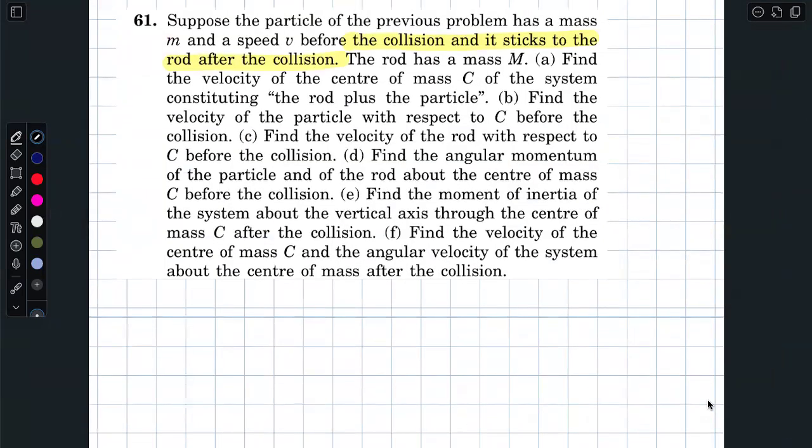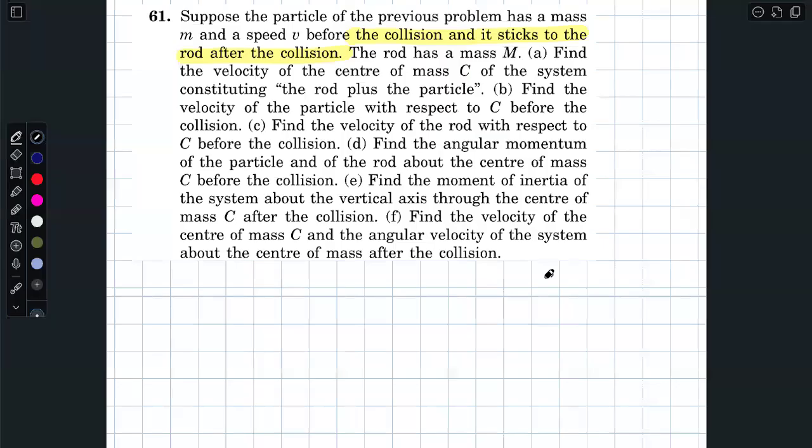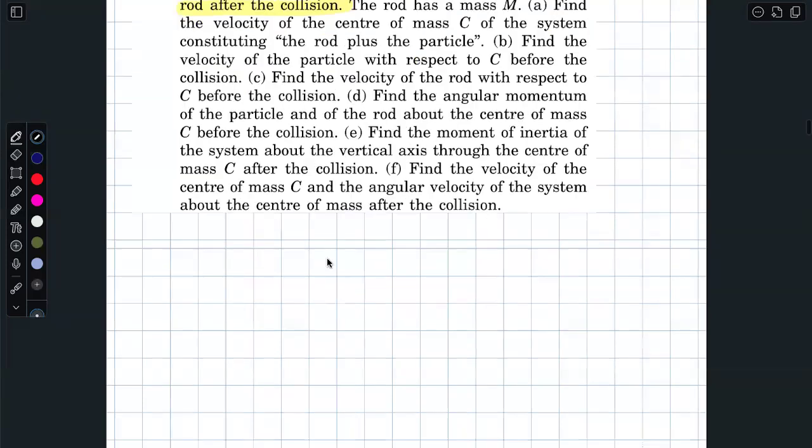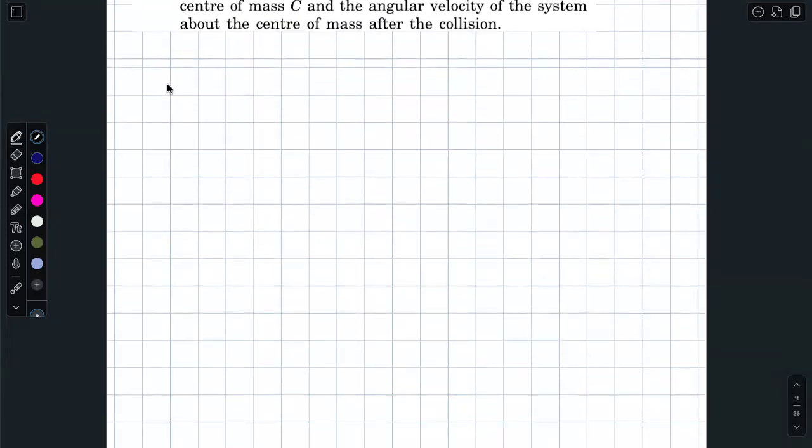Now, I am giving you time. I am assuming that, yes, whatever data they have given is fine for me. And the difference between the previous information and the present information is that in the collision it sticks to the rod after the collision. It is sticking to the rod after the collision in this case. Now see, again they have given you one information. Now you go with everything same, but the only difference is in case of sticking,